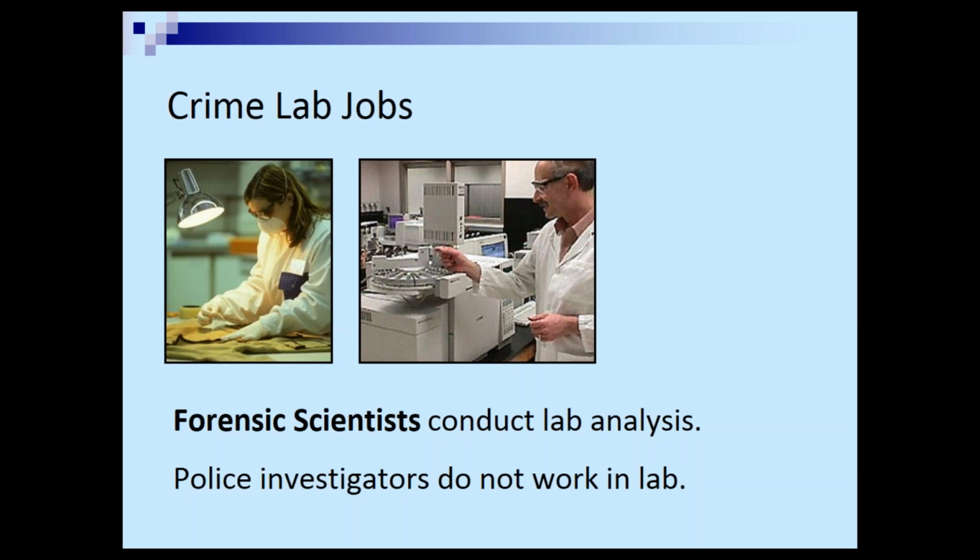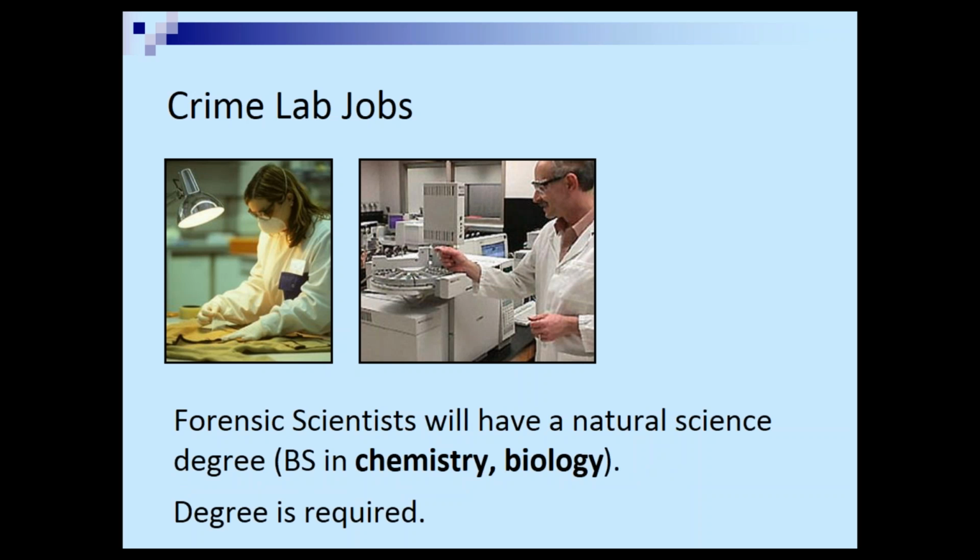All right, so these are forensic scientists because they have to do the analysis, and most of the analysis in the different sections of the crime lab will eventually lead to some type of advanced chemical or microbiological analysis using advanced instrumentation. You need to understand the advanced instrumentation and understand the reactions. You need to be a natural scientist and have a chemistry or a biology degree. In fact, it's written into the staffing guidelines of